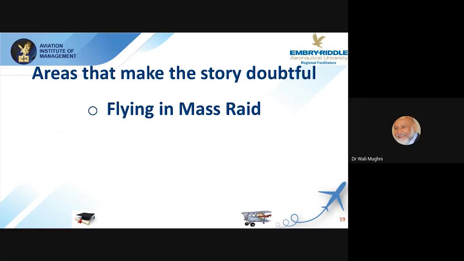Flying a small aircraft and a big aircraft, there's a huge difference. And then flying mass raids, that means 4 different places. They're coordinating the timings and everything. It is not humanly possible. And these people are Arabs, where the ability to fly is not as good as many of the modern countries. Because I've taught people in Libya, I've taught people in Saudi Arabia, I have taught in other Middle Eastern countries and people from Middle Eastern countries. And I can vouch that the capability of an average person is less than average, to say the least, in my opinion. So, carrying out such a big exercise with such a big aircraft,